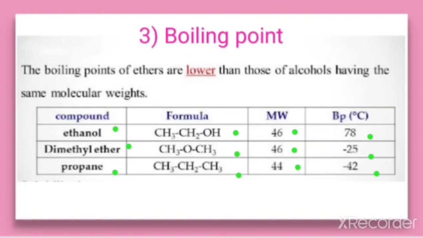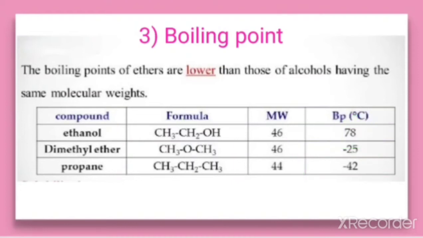So for molecules with comparable mass, still the alcohol has the greater boiling point, even though they have similar molecular mass, in comparison to ether,